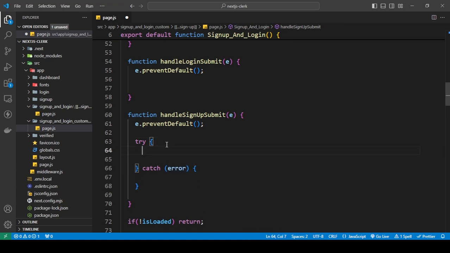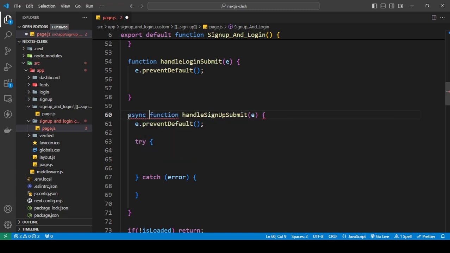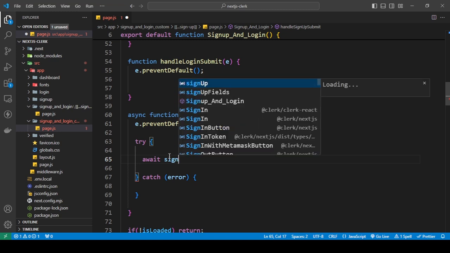I'll change it later, but for now this is fine. Oh, this needs to be async. Make sure it is async, because we need to do an await for this. And sign up